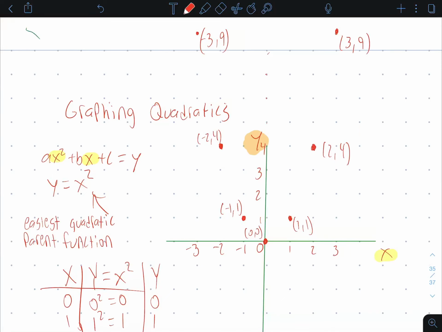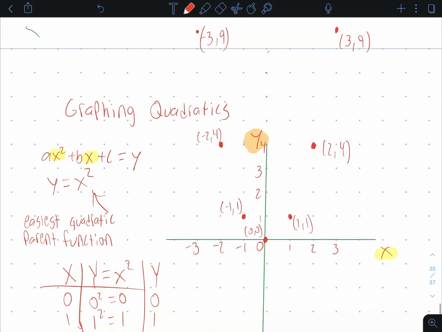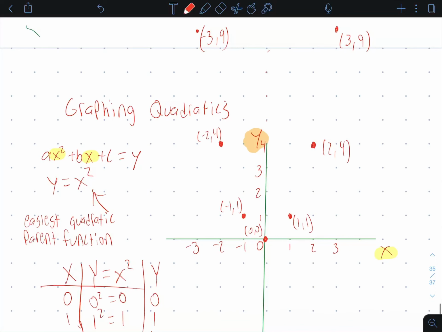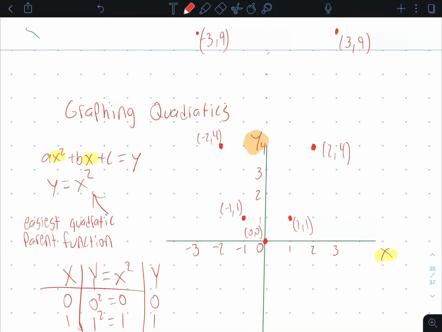Something that you might be able to tell already that's in common is the y's are the same. The y's are the same on the left side and on the right side. We have positive 1 on the left, positive 1 on the right, positive 4 on the left, positive 4 on the right, positive 9 on the left, positive 9 on the right. So what that means is